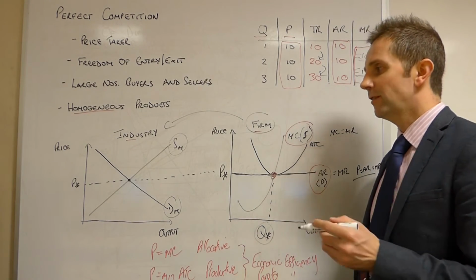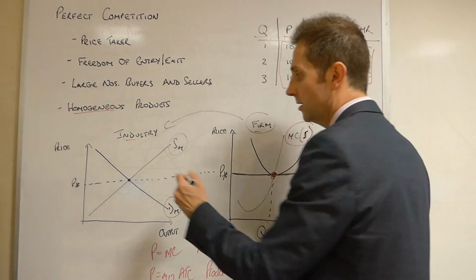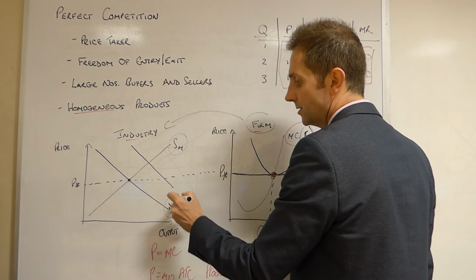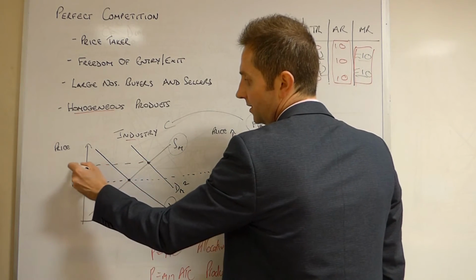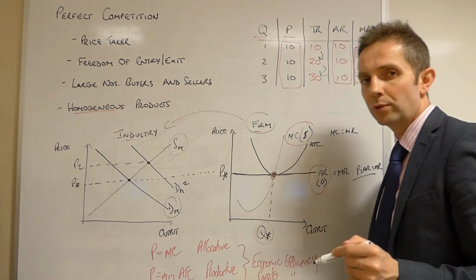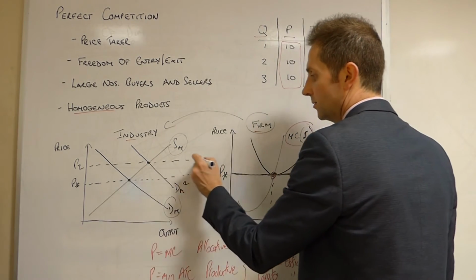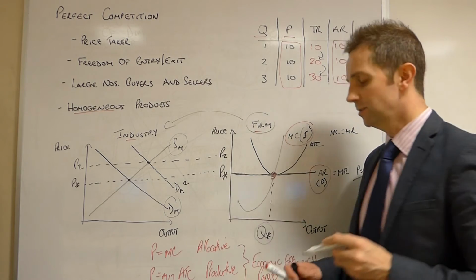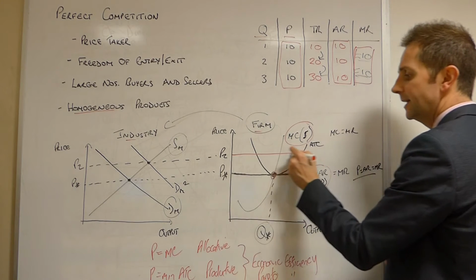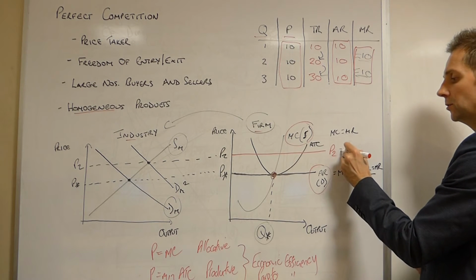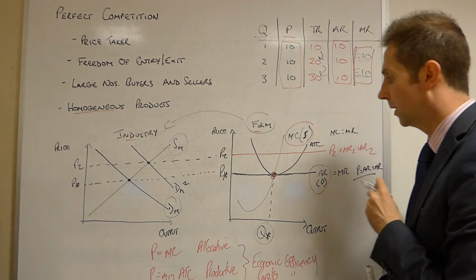So again, we'd have to have a change in the market, in the industry supply and demand. So let's say we've got an increase in the demand. So DM goes to DM2. That will obviously then yield a new price in the industry, which has to be accepted by the firm. So now the firm will be charging, instead of P star, P2, and they will have a new price line here, P2 equals MR2 equals AR2. So we've got a new price line as well.